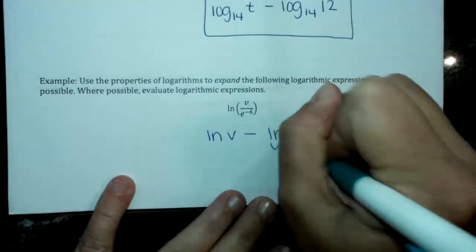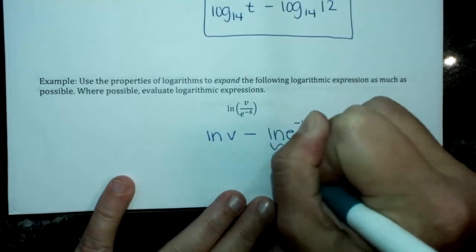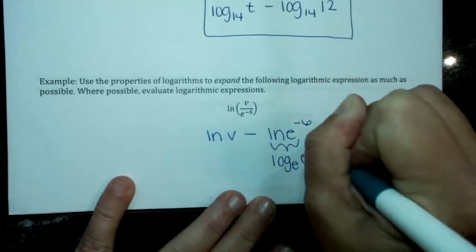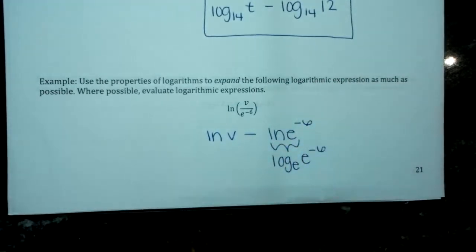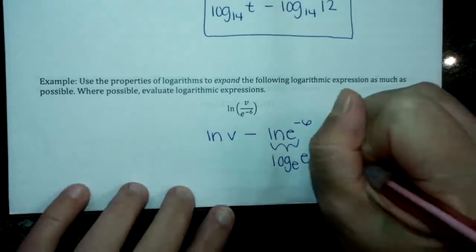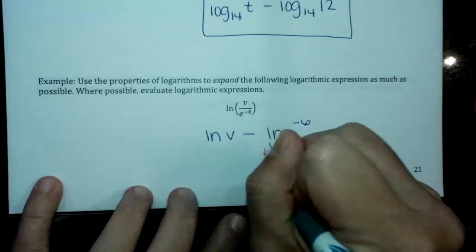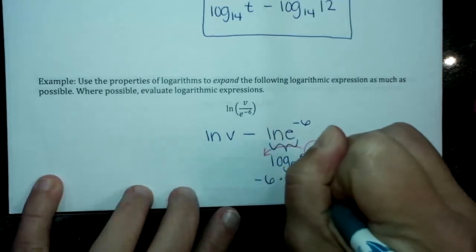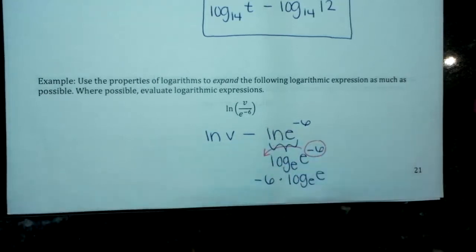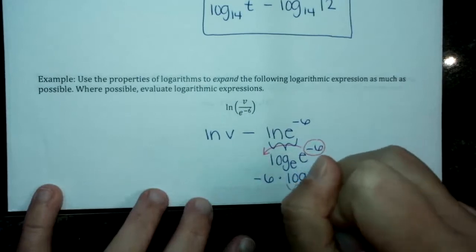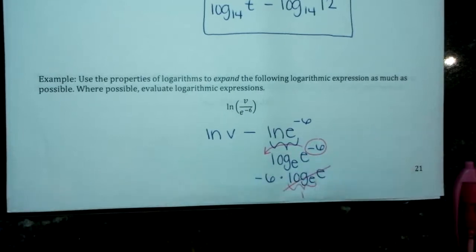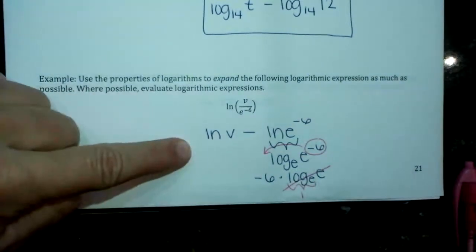We know natural log of e to the negative 6 is the same thing as saying log base e of e to the negative 6. We know that logs bring this exponent down out front. So it's the same thing as saying negative 6 times log base e of e. Now we know log base e of e is just 1, so basically that cancels out. So we're left over with